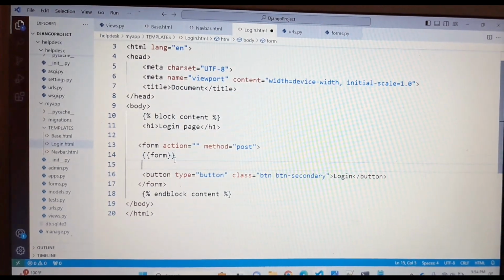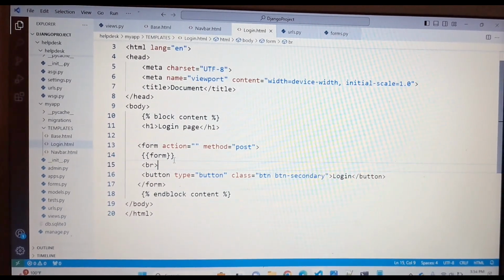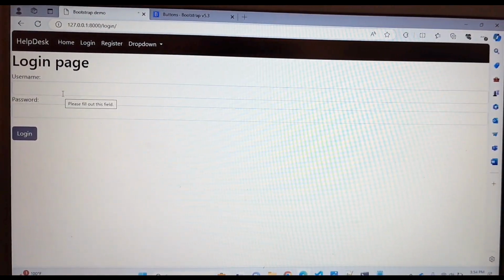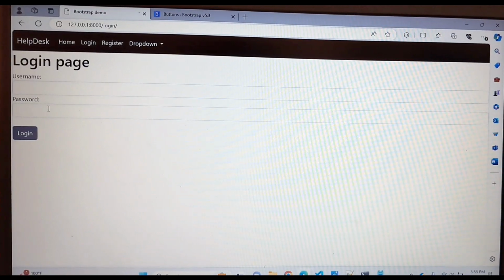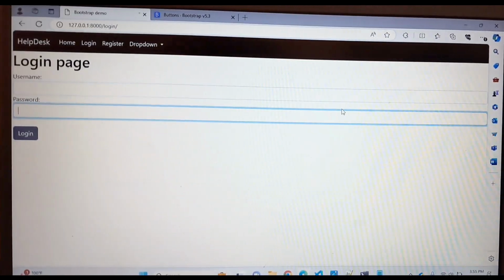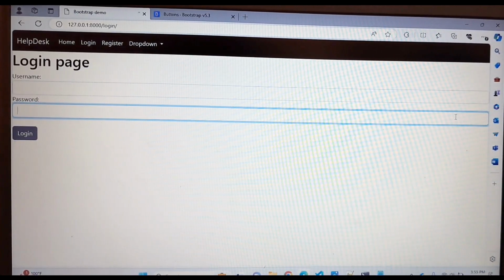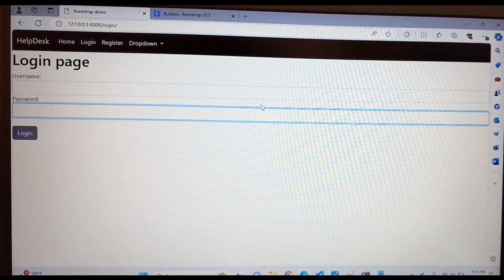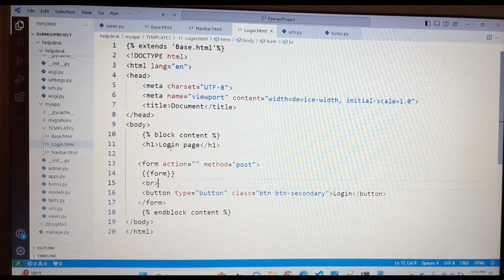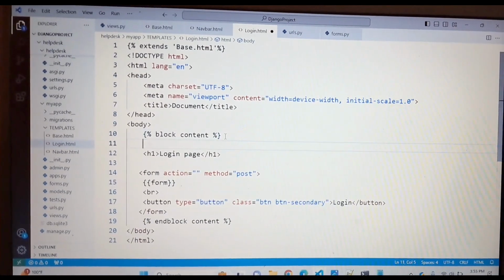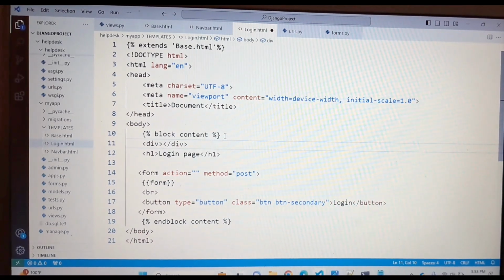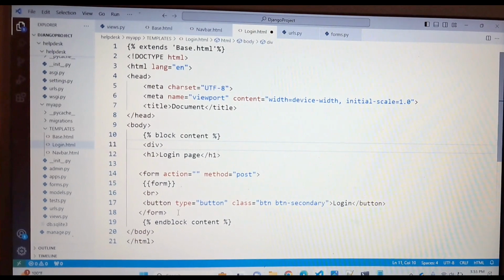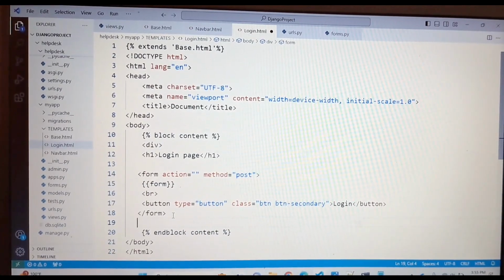Let me add one BR tag because I want to add a little bit of space. Yeah, now it's okay. And one more thing, this username and password field is not looking good because it's very long. So I want to shift it to the middle. So let's see how we can do that. For that, I'm going to take one div, then copy this one, paste it here,